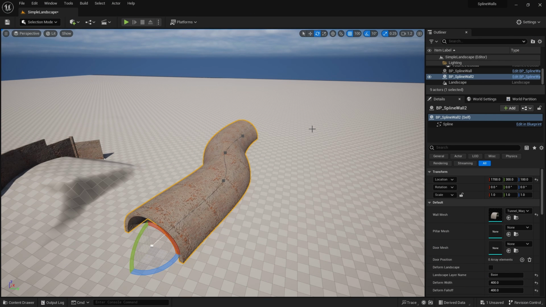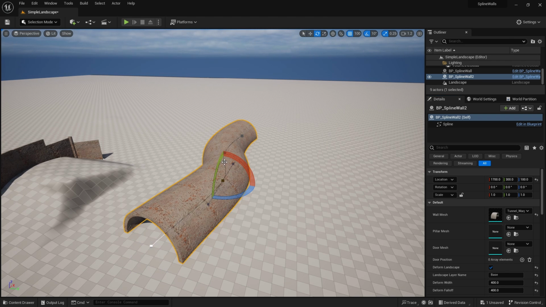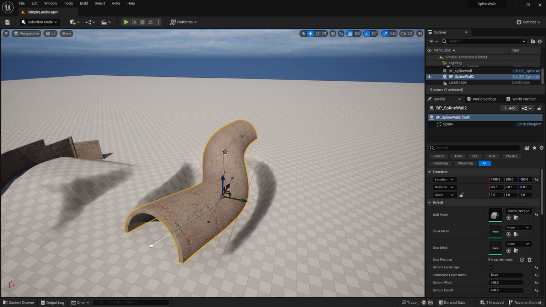So I've switched over to a landscape layer and created a simple tunnel system using our new tunnel warp mesh. So you can see here it's a spline with 4 points on it. And we can use all of the tools we created earlier. So the deform landscape we can create here. We can use deform landscape, and we can select spline points, and we can move them down into the ground